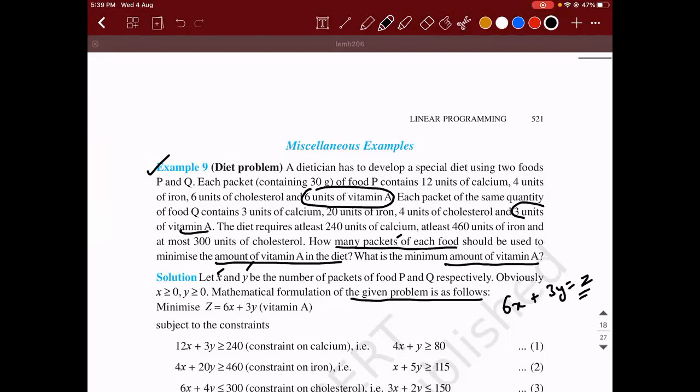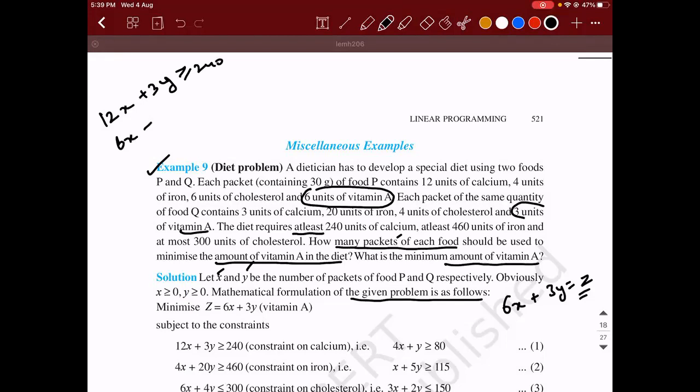So 12 units of calcium in X plus 3 units of calcium in Y should be at least, not greater than or equal to. So greater than or equal to 240. Okay. Similarly,